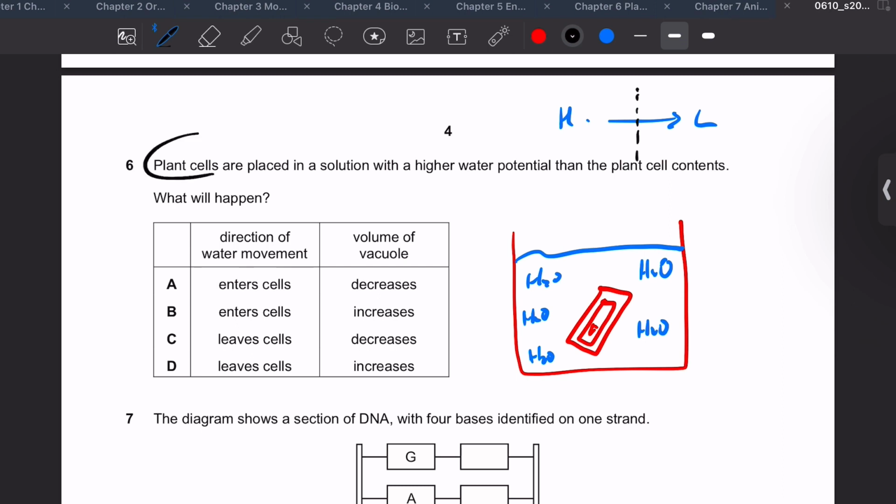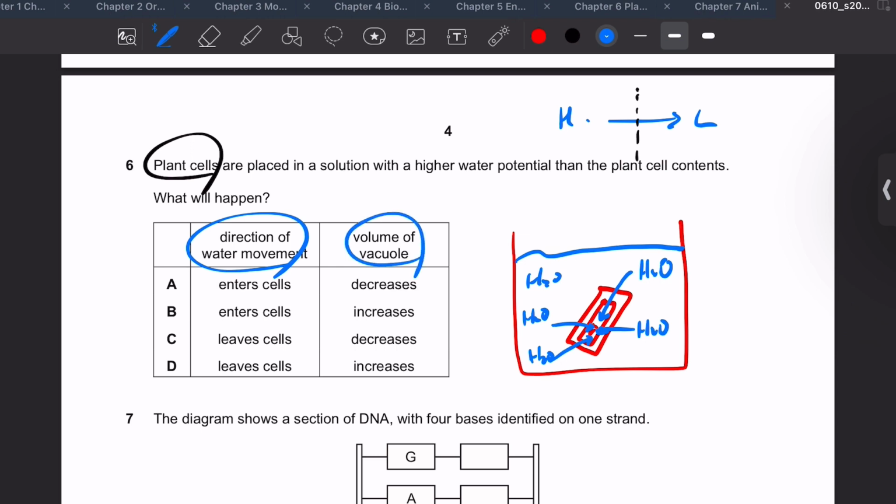Since plant cells have a partially permeable membrane, you can say that the water will move from outside the cell to the inside of the cell by osmosis, because it's going to move through the semi-permeable membrane. So the direction of the water movement is, of course, that it enters the cell,